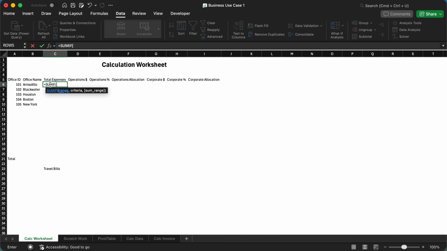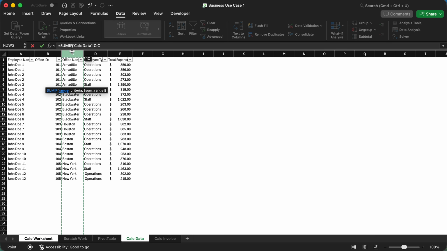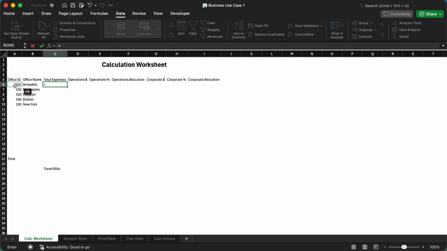If you're curious about this function, we have a separate video on that. You can click on, for the range, go back to the calc data here, and then select the entire column. Or actually, I'm going to use the office ID. It's just a little bit safer to use something like a number figure here rather than just a name, just in case there might be some typos, but also